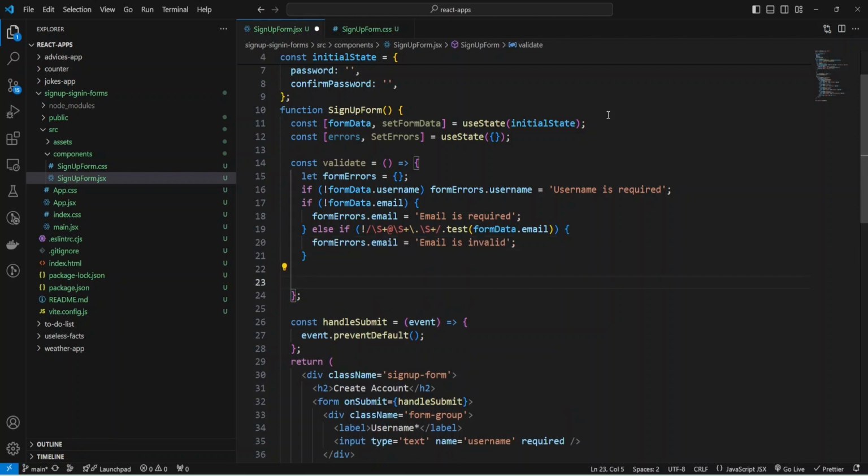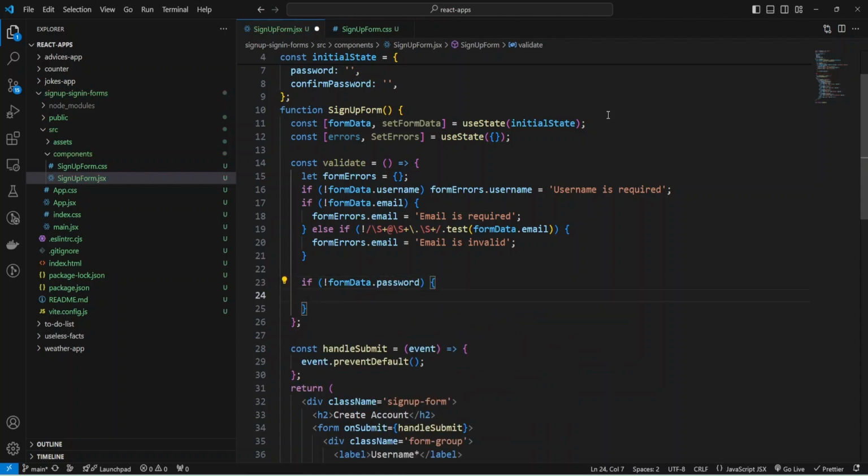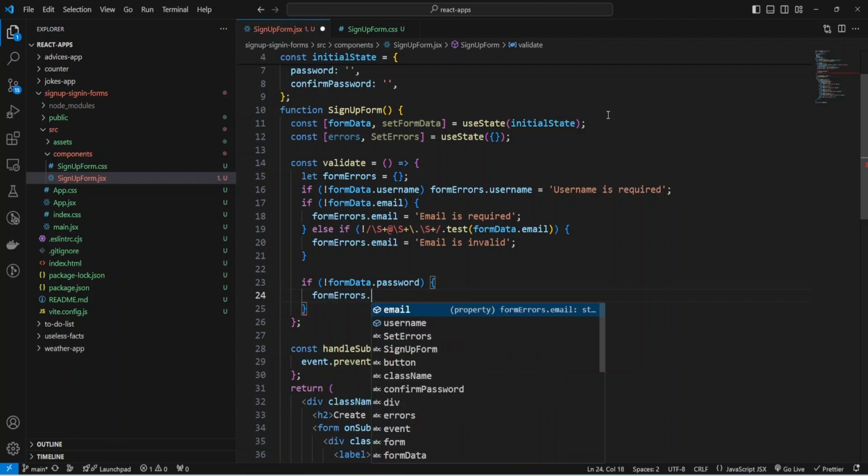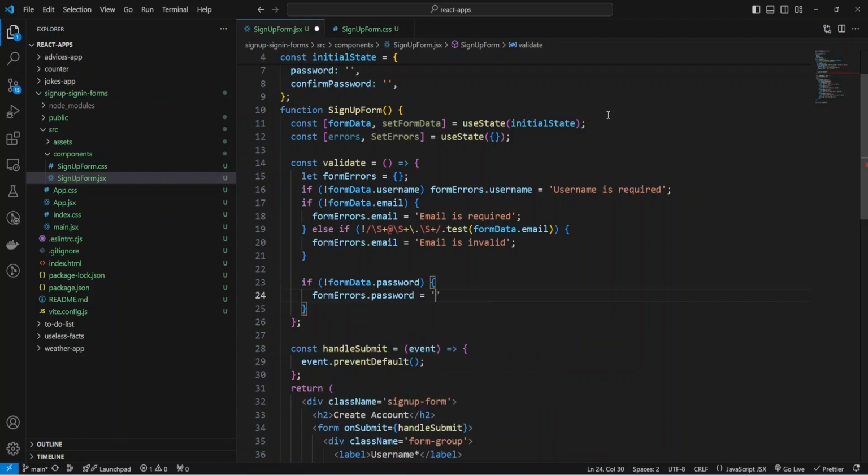Okay, and now we can check password. If not formData password, then I'm going to add formErrors password, and provide "Password is required".